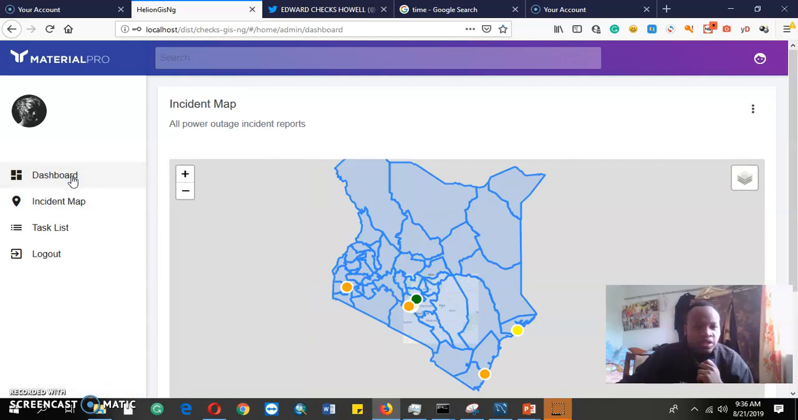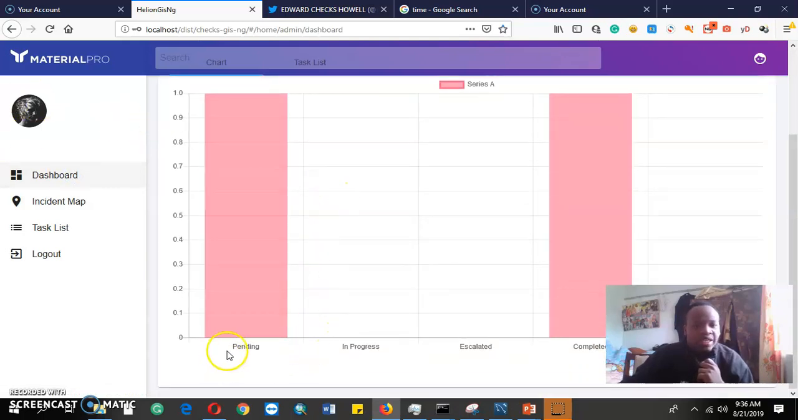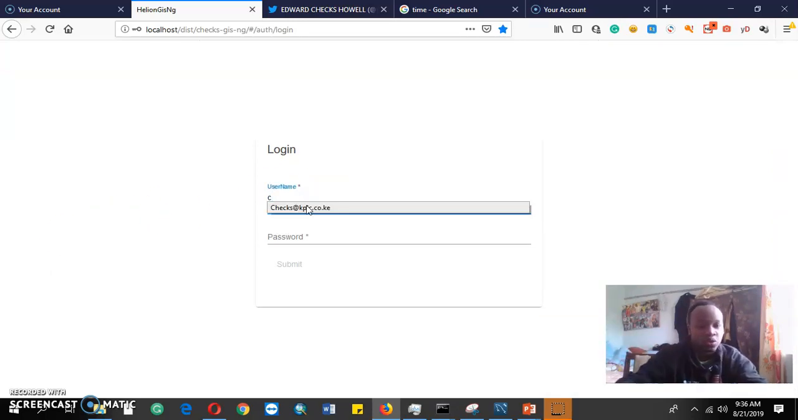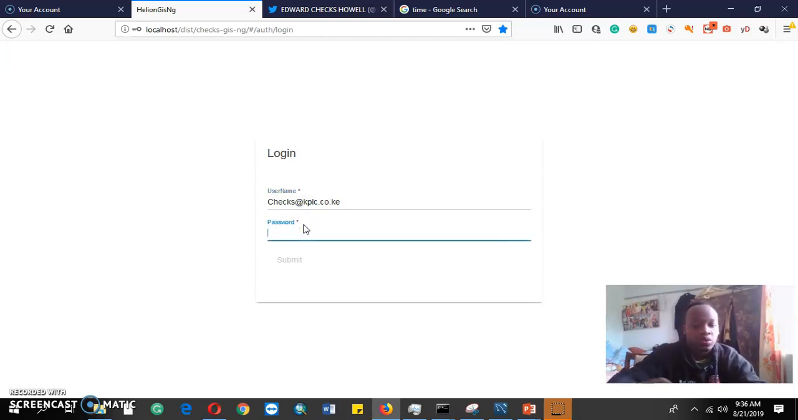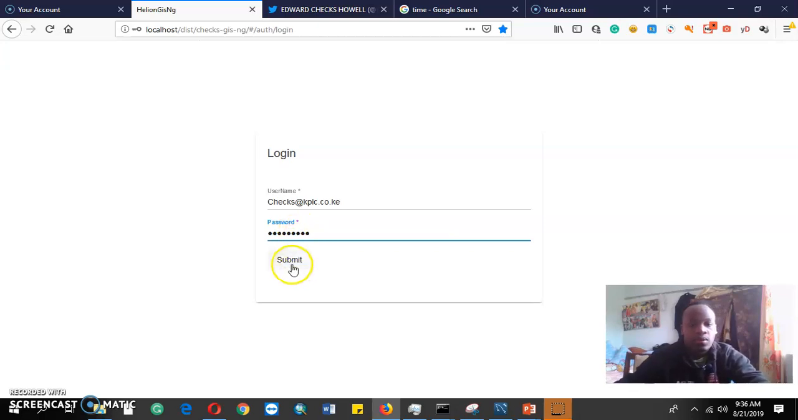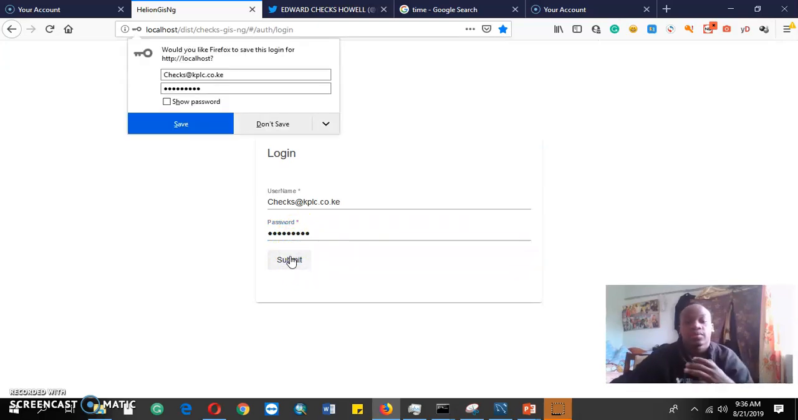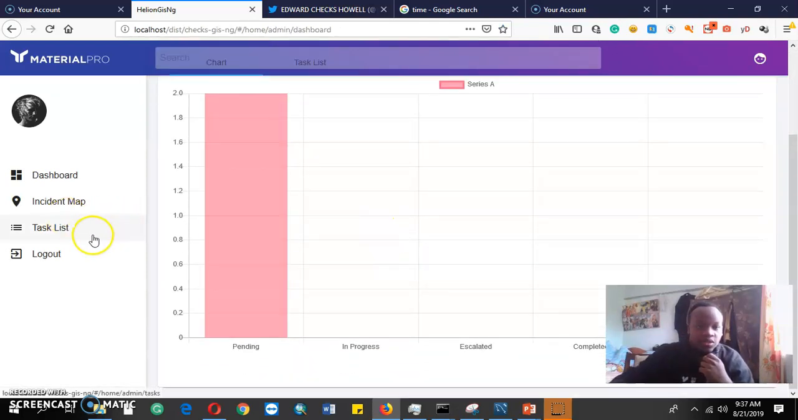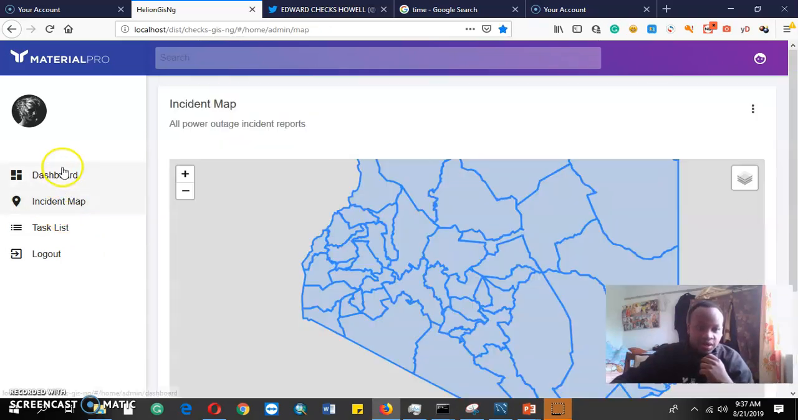So then we go to the dashboard. In the dashboard, we can see it has changed from pending to complete. So really, the outage system is really working. So now we need to log out of the system, log in as another guy in maintenance, who is checks Howell. Once we log in as checks Howell,